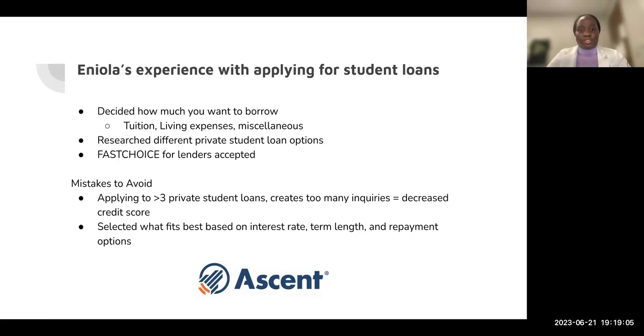So yeah, I've researched different types of private loans. I actually applied to way too many, which was one of my mistakes. Do not apply to more than 3, because that would just ding your credit score. It creates too many inquiries, and those inquiries don't leave your record until maybe a year or more, which sucks. And so yeah, Sallie Mae, Ascent, there's College Avenue. They lend to international students. SoFi, I think the issue with SoFi was they were one of the lenders who really wanted the visa,